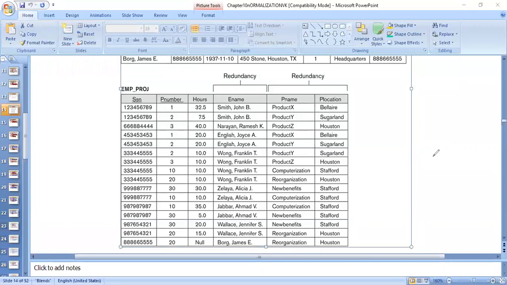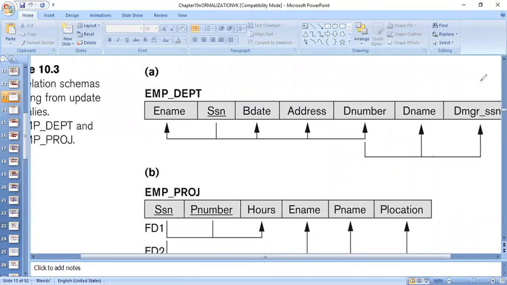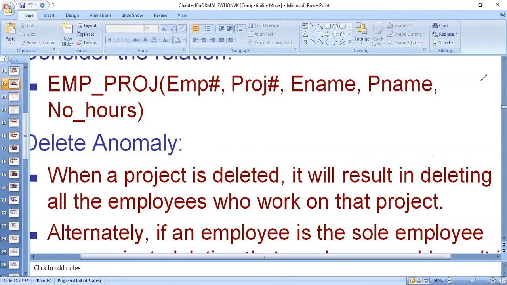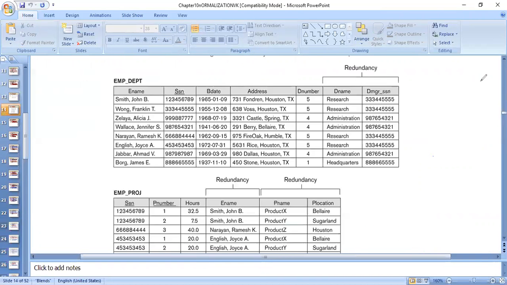Now let us see other problems. The other problem is update anomaly. Delete anomaly we have seen.